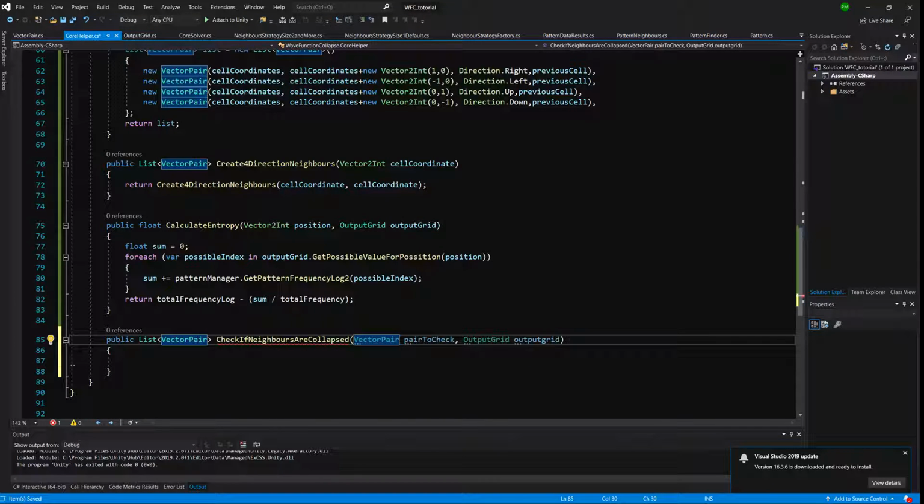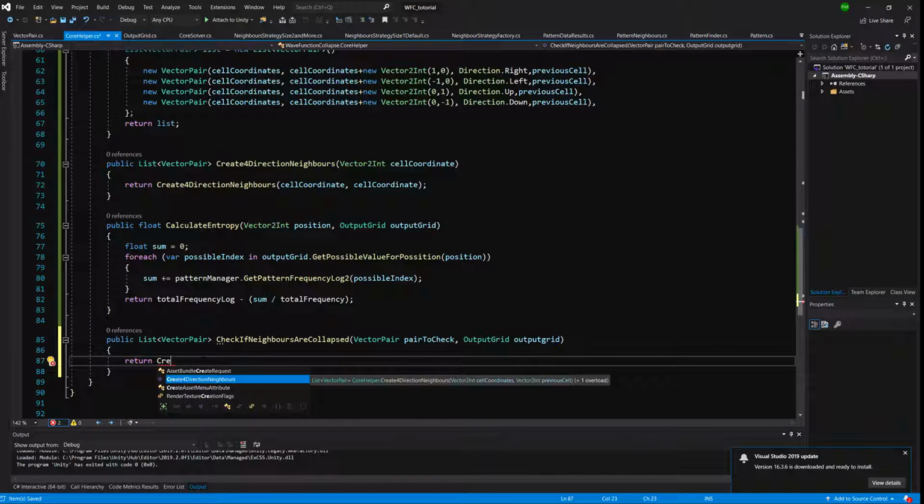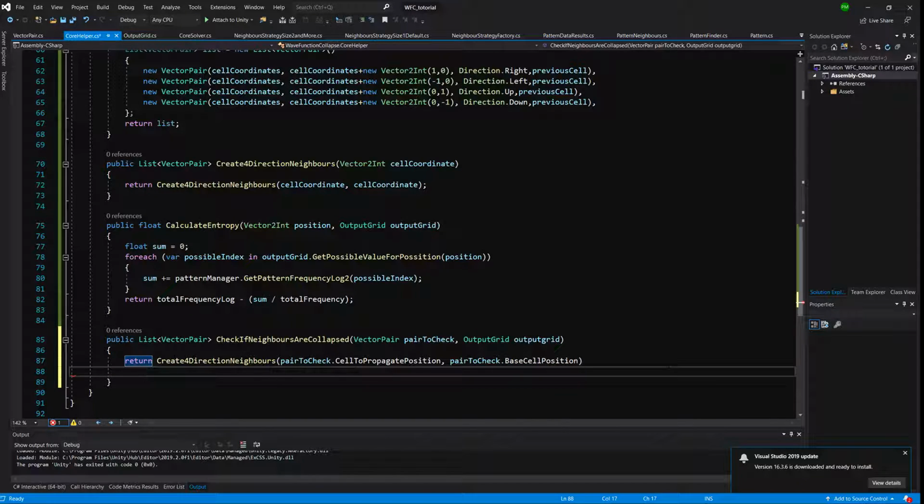So here we will check for the neighbors that are unsolved yet, and we will return the list of the unsolved neighbors. So let's call return create 4 direction neighbors, and pass cell to propagate, and base cell position, and we will be using the LINQ library. We will call Where and an x lambda expression: output grid dot check if valid position. We will pass x cell to propagate position